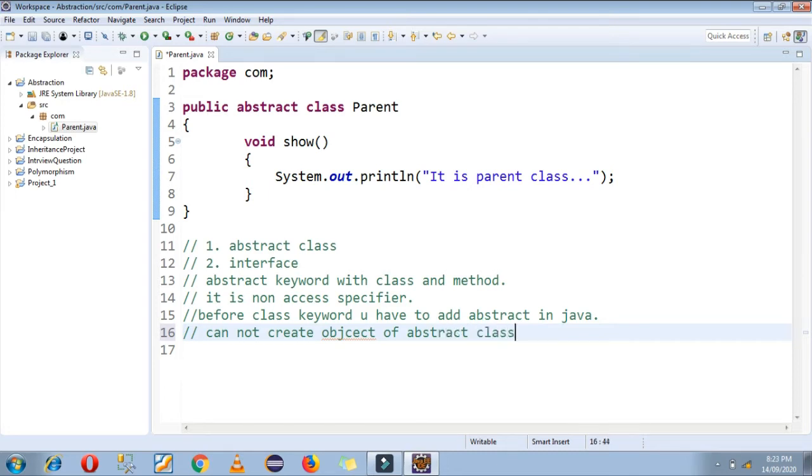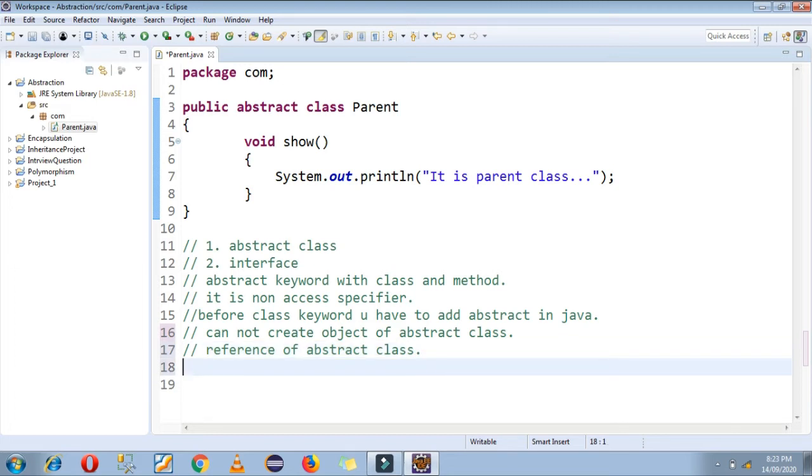That is the rule in Java. You cannot instantiate that abstract class. If you declare an abstract class, you cannot create an object of that class, but you can create a reference of it.